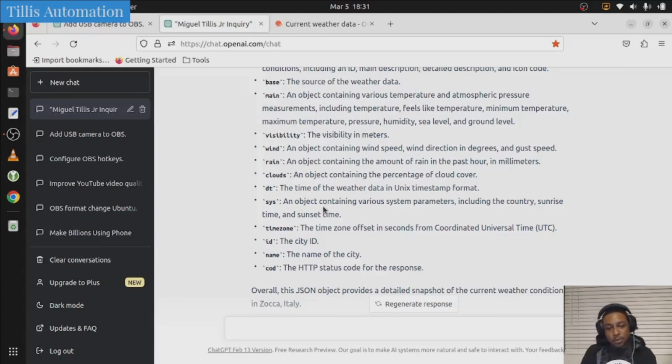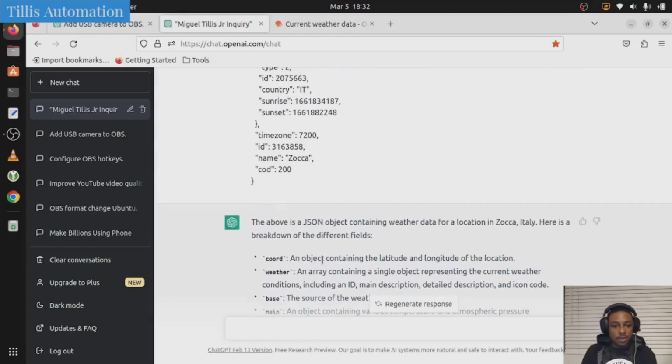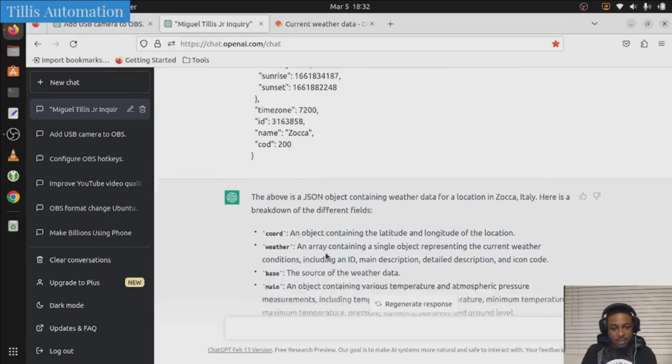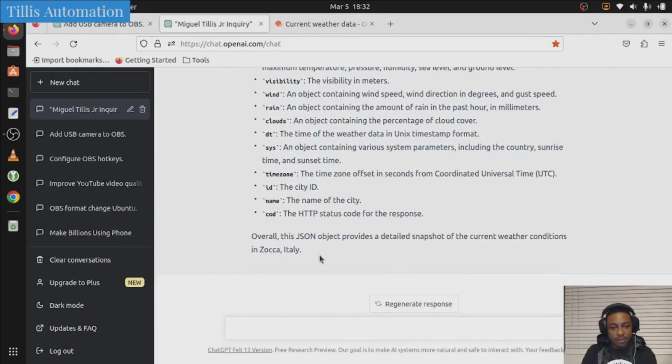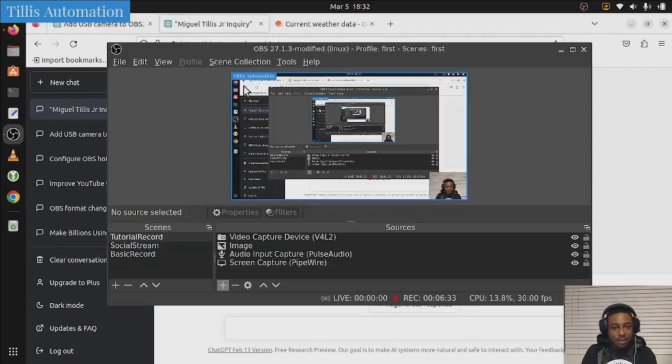So there are a couple of uses for ChatGPT. You can use it like Google, as we witnessed, to ask it questions and get some responses. You can use it in your workflow as a developer to generate scripts, programs, as well as you can use it to analyze data, get insights in your data, as well as defining various fields. All right, and let me know if you know of any other uses for ChatGPT. If you have experience with it, I'd like to know that. In a nutshell, there you go, ChatGPT, and that's it, baby.